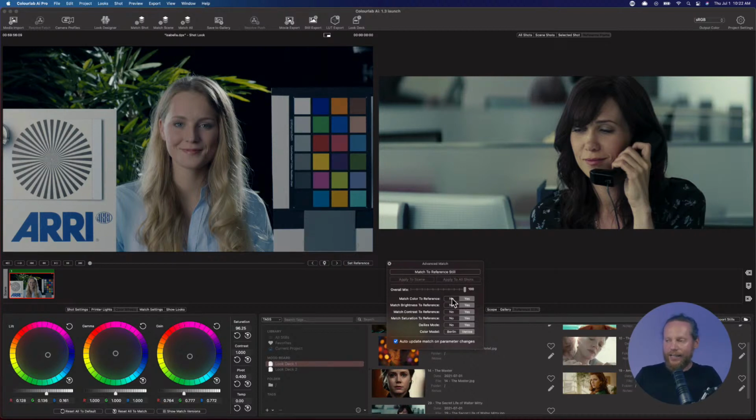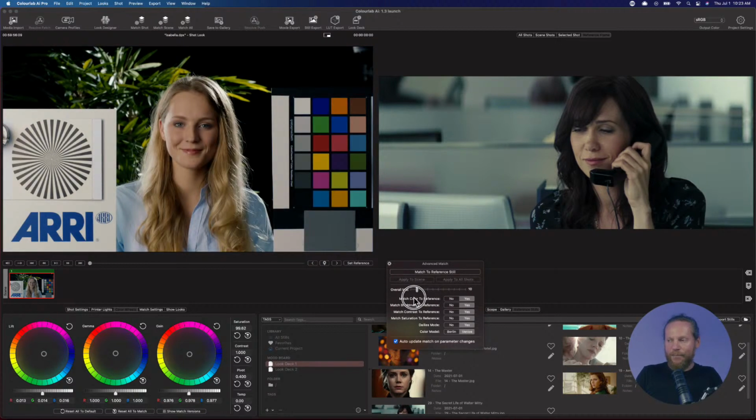Now have a look, I can choose whether I want to match color or no color, whether I want to match brightness or no brightness. We had that, but what is new is this slider. Have a look, I can now see what's happening while I'm moving the slider with my CDL controls, my live gamma gain. Check it out. As I'm moving it, I'm transitioning between, in this example, no color